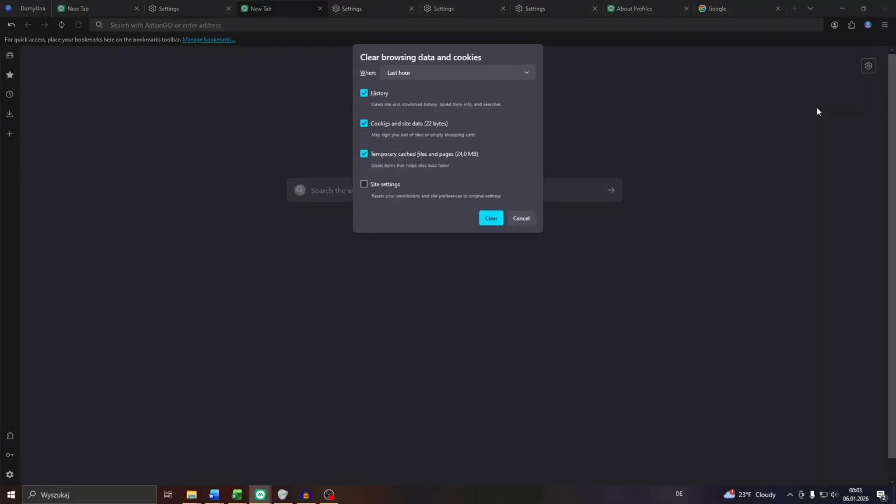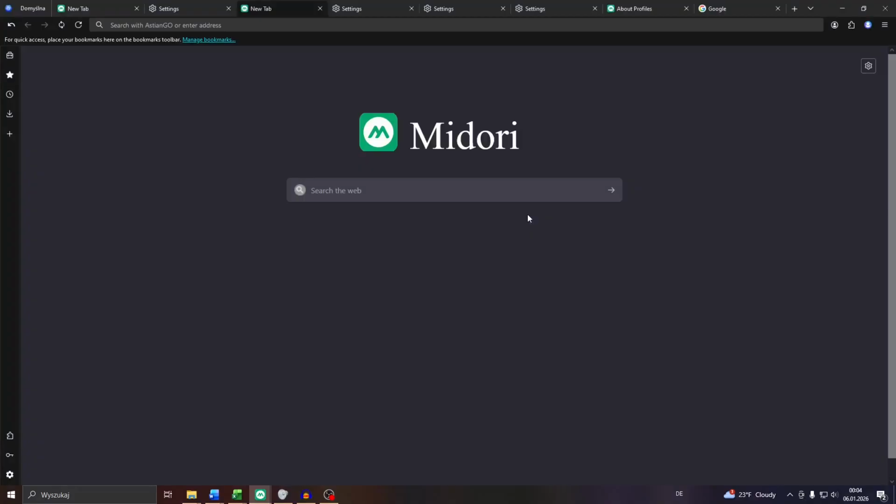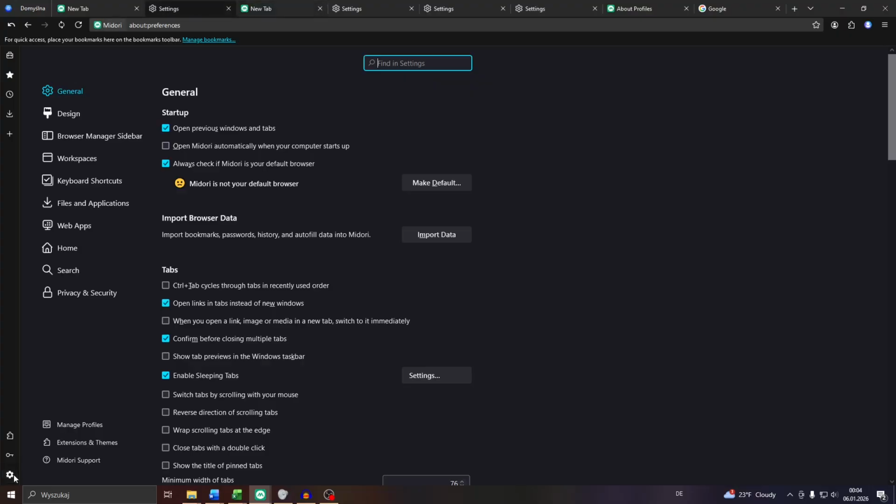And after that, you may go through your browsing data, select the range here at the top, like everything, for example, which is the equivalent for all time on other web browsers. Select the items or elements below, like your histories, temporary cached files and pages, site settings, and confirm by clicking into clear. And option number three, guys, would be to access your browser settings by clicking into that gear icon